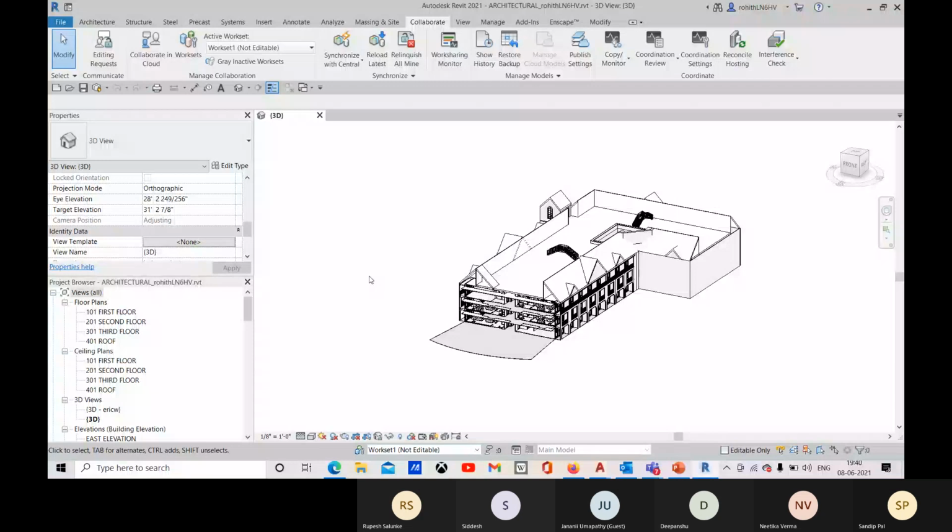If I'm the owner of a workset, I can create it and assign elements to it. While I'm working, without my permission, no other team members can work on those elements.